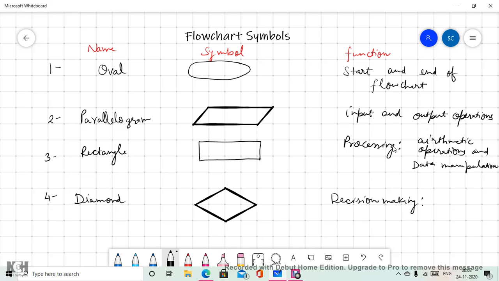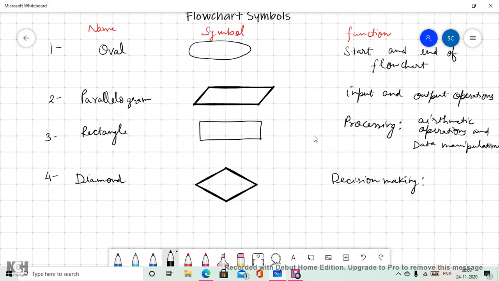Decision making, that means whenever we are going to represent the operation in which there are 2-3 alternatives, or we have true-false kind of alternatives, or yes-no. So we can also say that whenever we have a branching, then at that time we need to make decisions. Okay,